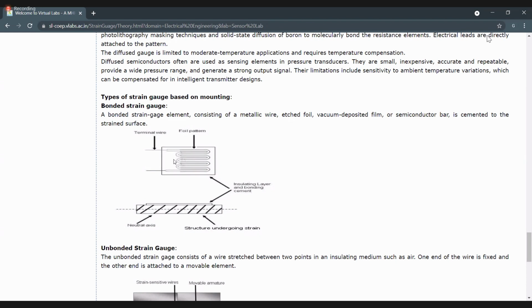That is the metallic wire, located on top of this portion. The first figure is the top view, the second figure is the front view. So metallic wire means it is a resistive material. All metals are conductors and all metals show some resistance.